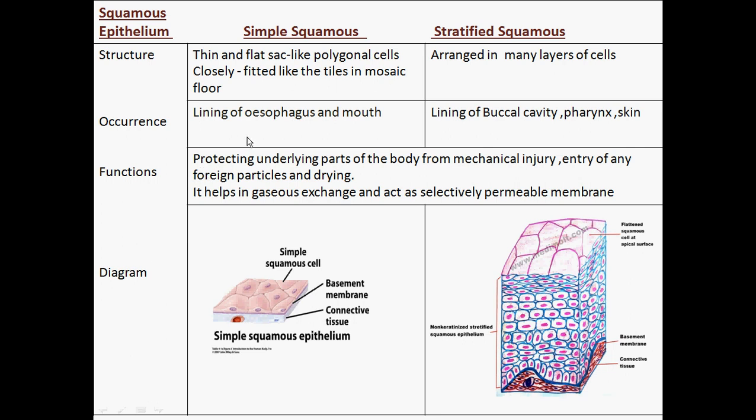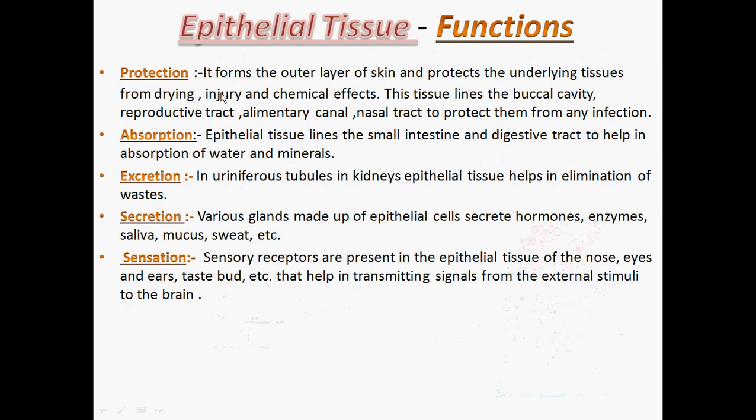So today we were studying the epithelial tissue, in which we learned the various functions it performs: protection of the underlying tissues, absorption of nutrients and minerals from the digested food, excretion of waste in the form of urine or excreta, the secretion of saliva, mucus, sweat, hormones, and enzymes through various glands, and even sensation, that means receiving and sensing signals or stimuli from the various senses by the epithelial tissue.